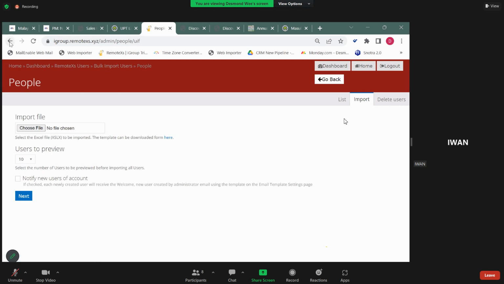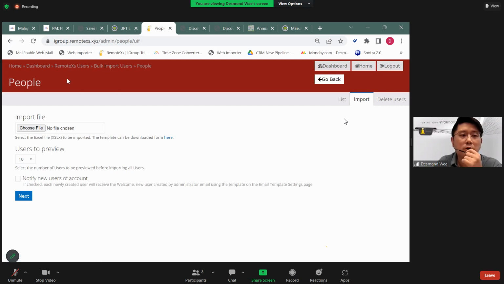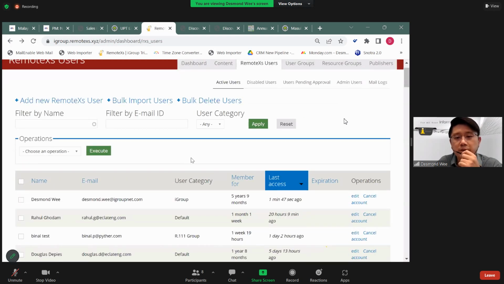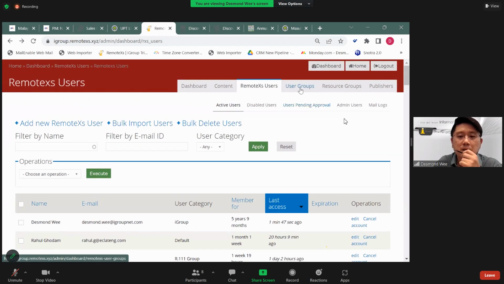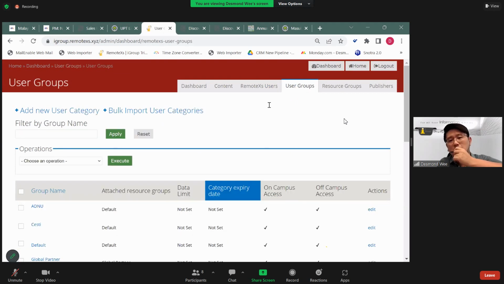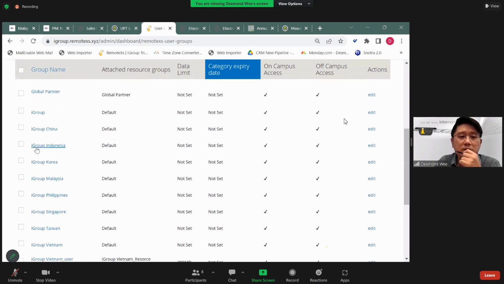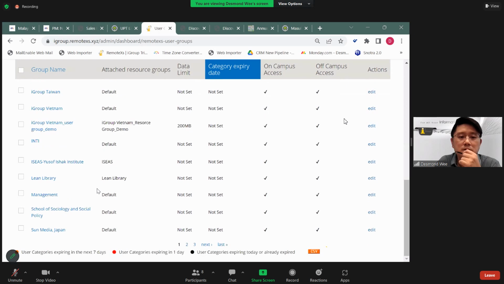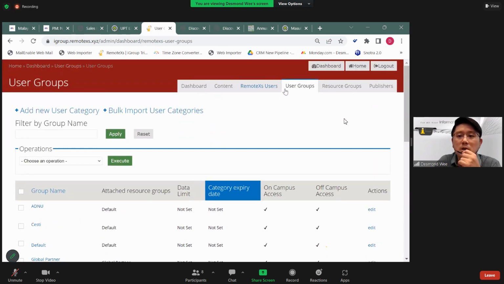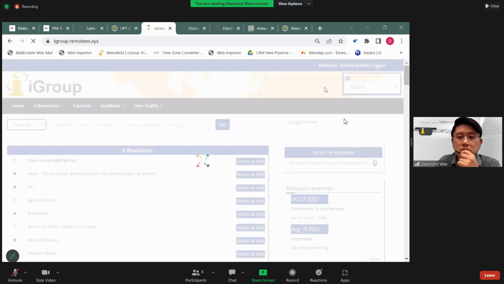Yes. And before you import the user, it will help you during the implementation for the first batch. You have to download. So before you import all the users, you need to set the user group correctly first for the user category, because for each of our customers, the way they break down the user category, either by faculty or by department, is different. So this is our demo portal, we break it down by our sales country. So for some customers, just now in the usage,